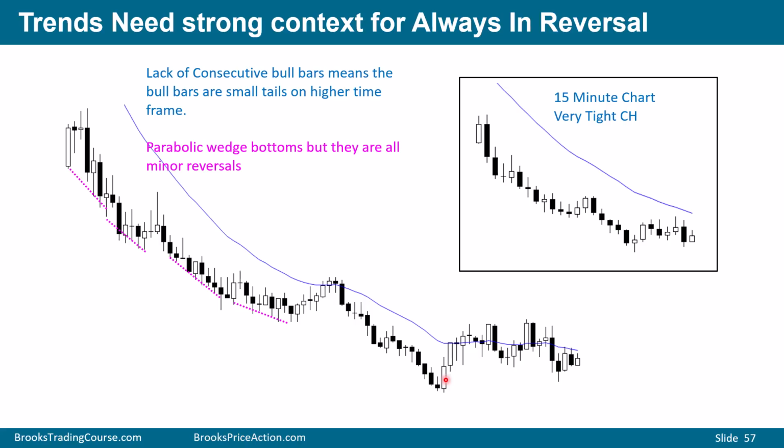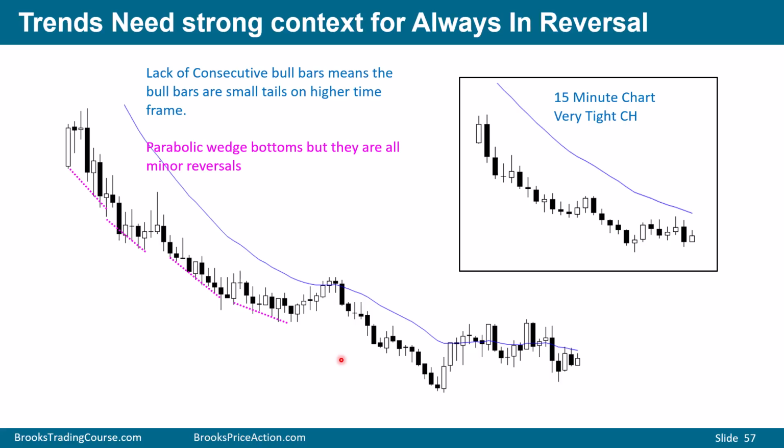The key is understanding that whenever you see a wedge and it doesn't last that many bars, and no bars are crossing the moving average, every one of those is minor. Here, minor reversal. Here, minor reversal. 3 pushes down, it's minor. Bulls can't make money above bars. 3 pushes down here, it's minor. Bulls, again, cannot make money above bars. On the 15-minute chart, this is a very strong breakout, and that's what this is on the 5-minute chart. So whenever you see parabolic wedges, you must understand that it's minor.